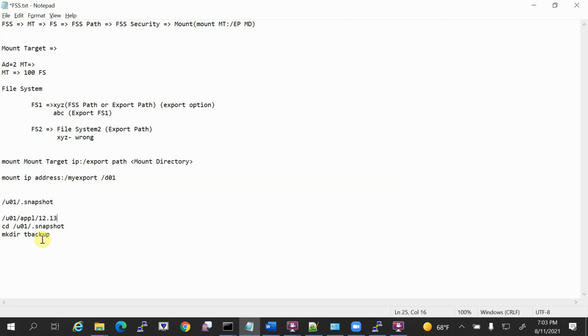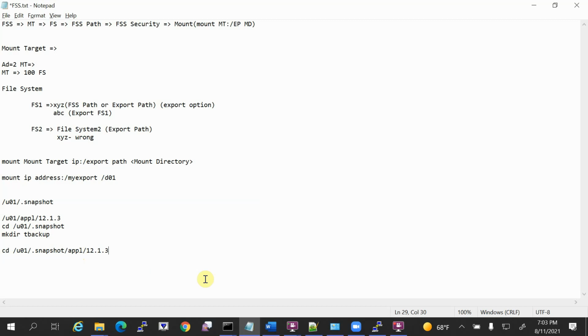As soon as you create this T backup, you can cd into U01 .snapshot, and these folders will come automatically, 1213. Okay. So this is how you have to create a backup. It's a very lightweight backup. It is like an incremental backup in a database and all. So it just takes 1 second to create.